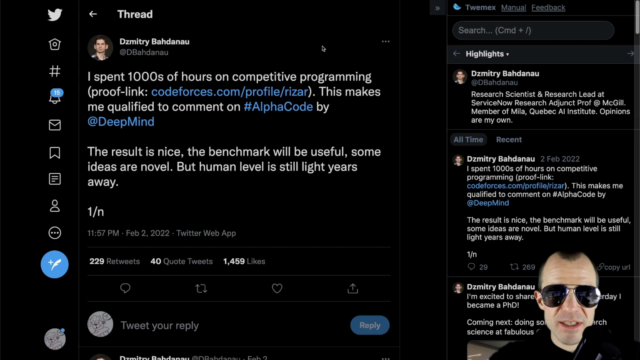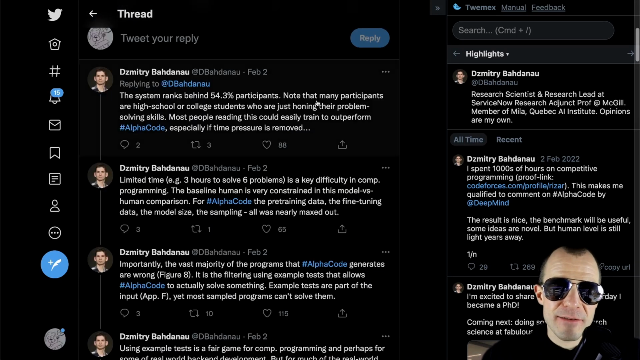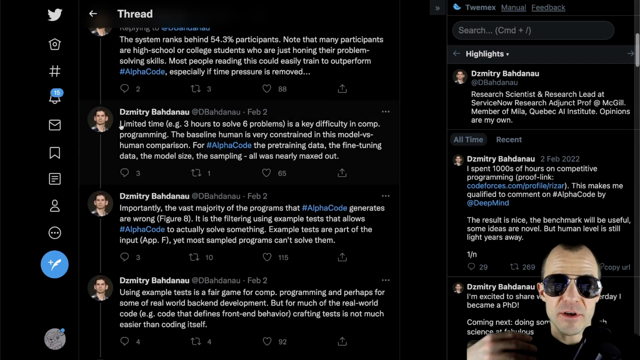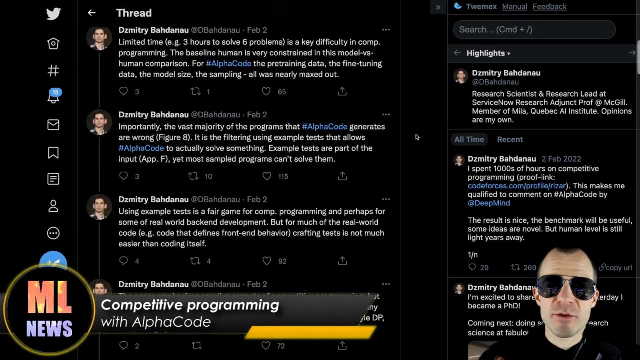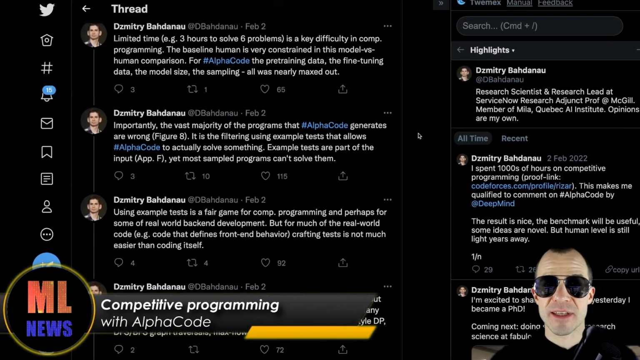We also have some different voices giving their opinions on this. One of these, for example, is Dmitry Bogdanov, who is a competitive programmer, has done this for a while apparently, and puts it a little bit into perspective, saying it is impressive, yes, but he says human level is still light years away. Mentions again that 50th percentile in these competitions doesn't necessarily mean that it's particularly good, that a human challenge is often not only the difficulties of the problems, but also the limited time you have available for them, and the disparity between humans and the machine of the approach, namely that 99% of all programs that AlphaCode